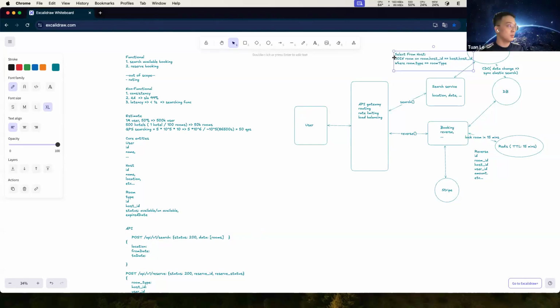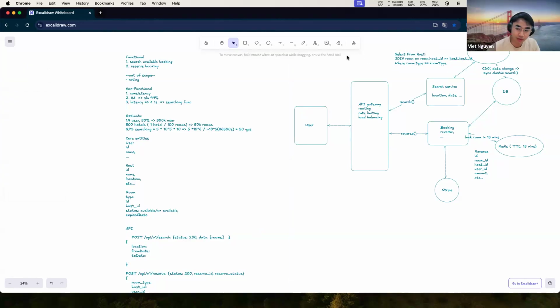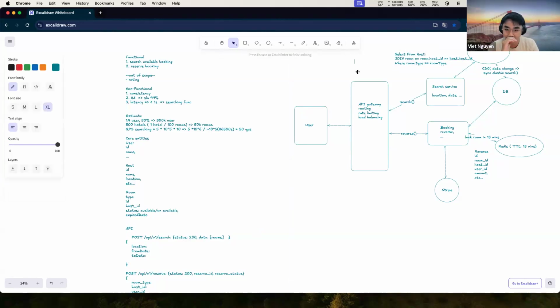Okay, so we have the expired room, right? But what does expired mean?